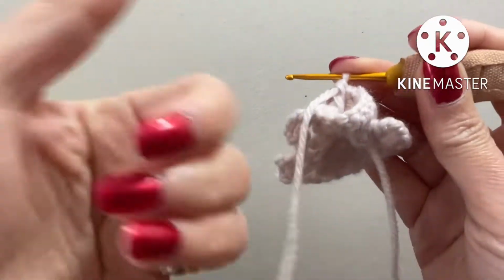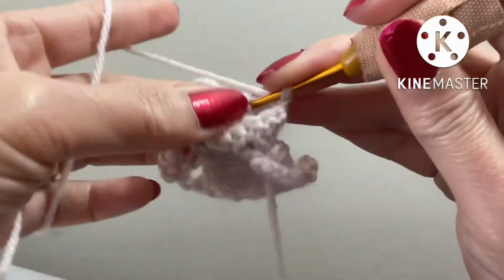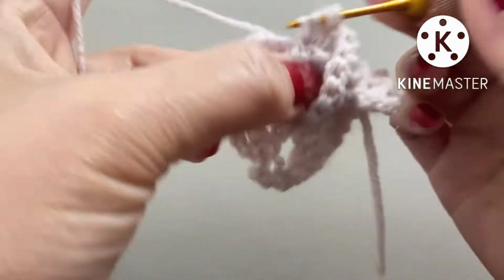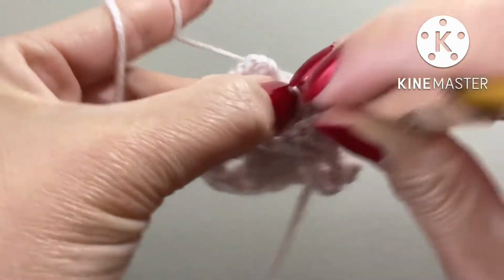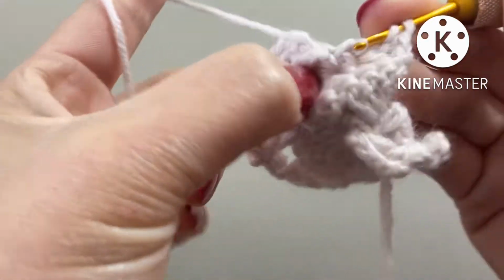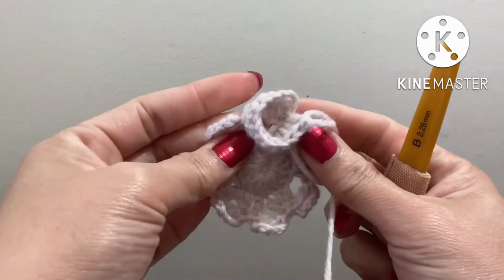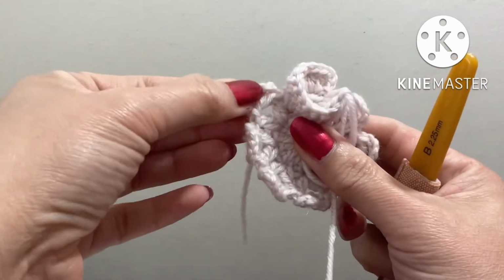One, make sure you don't pick the back one here. 2, 3, 4. You can't see it properly, but when you make more petals, you will see it come together. Now we have in the back here,